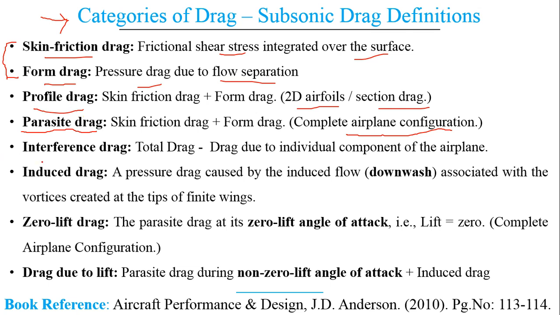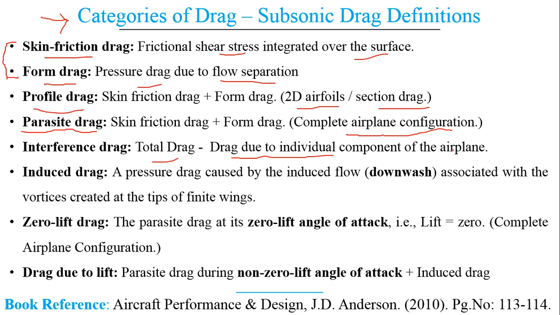Now we will get to know about the next part of drag. So this is the interference drag. Interference drag is the basic difference between the total drag and the drag which is caused due to the individual component of an airplane. So if we know or get to know about the drags of each individual component of an airplane, such as the drag caused due to wing, the drag due to fuselage, the drag due to engine, and such kinds of drag quantities,